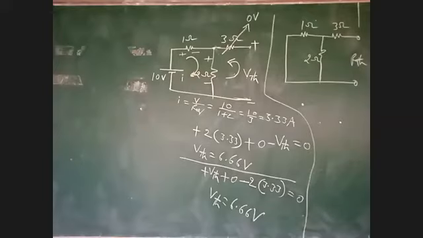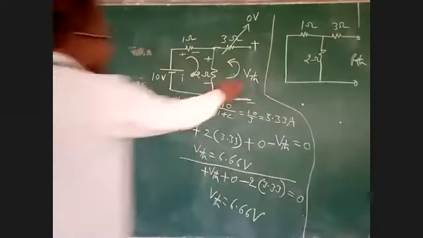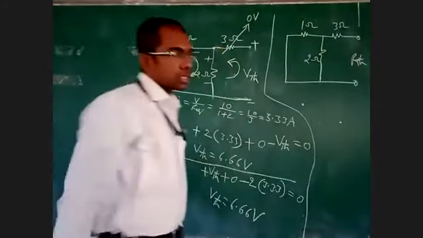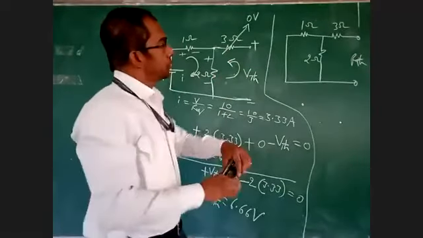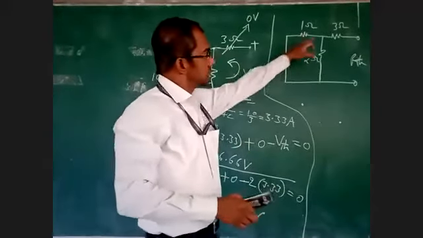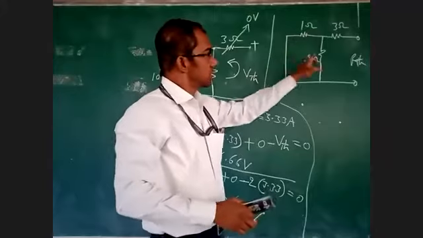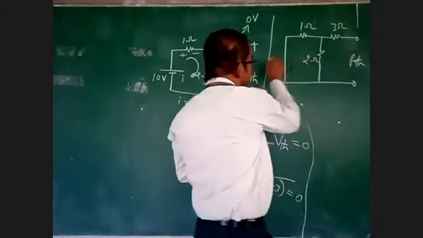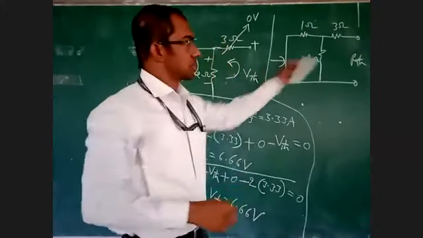Now I will determine RTH. This is the point you have to remember while determining RTH: short all the voltage sources and open all the current sources. Wherever they are asking about the 4 ohms, that 4 ohms we are taking as the load side, and we find RTH across it. Now see here, this 1 ohm can be written here. This is one branch. If RTH is on this side, calculate the resistance from this side.